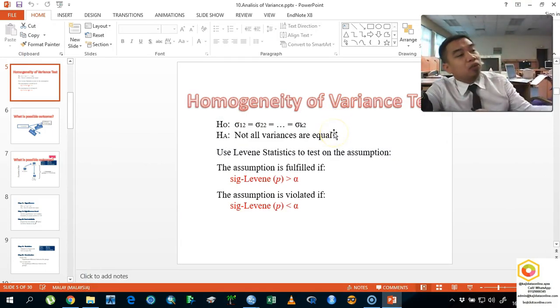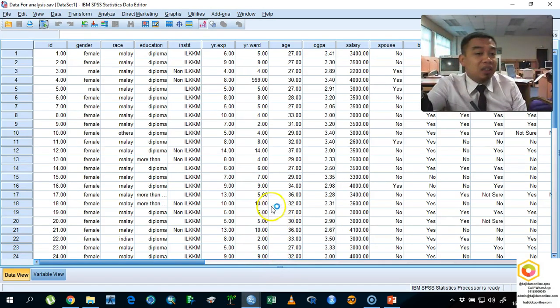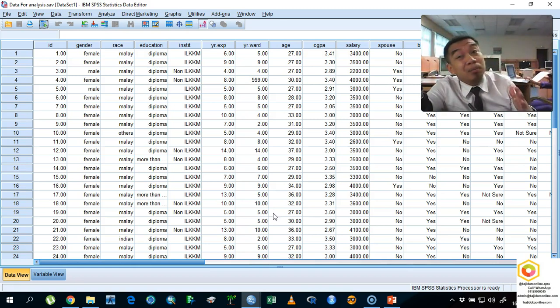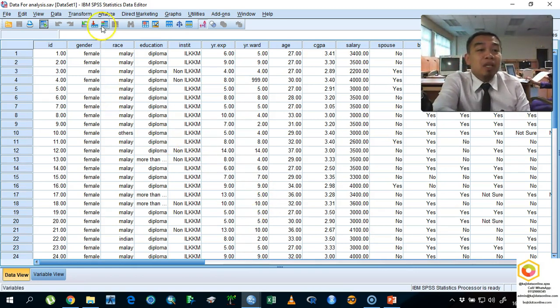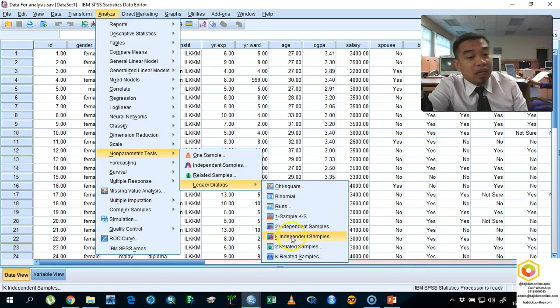It's either you want to add up some more samples, or you can proceed with the non-parametric analysis. For the non-parametric analysis, for comparing more than 2 groups that is not normally distributed, or your samples are not collected from a random population or in a random manner, you might want to consider using the non-parametric, what we call it as the